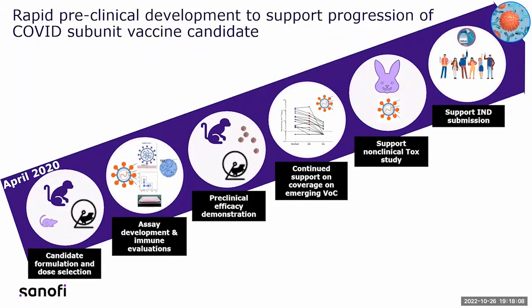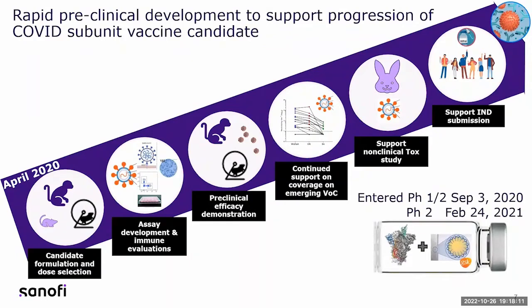And in a space of 4 months, between April 2020 and September 2020, when a subunit candidate entered clinical trial, we have done the entire preclinical program, starting from the selection of the candidates in animal studies, testing of functional antibody responses in several animal species, assessment of efficacy, looking at the Th1, Th2 cytokine responses, demonstrated safety in toxicology studies, and then carried out assessment of cross-neutralization of variants of concern as they were emerging,